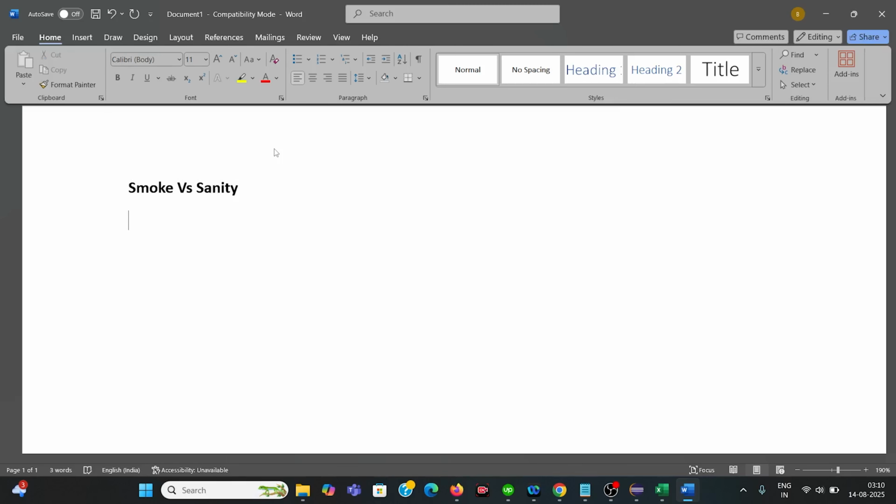Let's take one example. Imagine you ordered a burger from an online app. Smoke testing is like, did the app open properly? First thing, and can I log in, search, and place an order? If this fails, there is no point in checking anything else. That means the app is broken. So this is called smoke testing. And sanity testing is like, I updated the burger ingredients today. Let's quickly check if only that part is working fine.